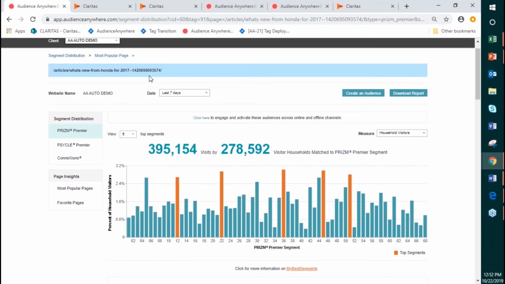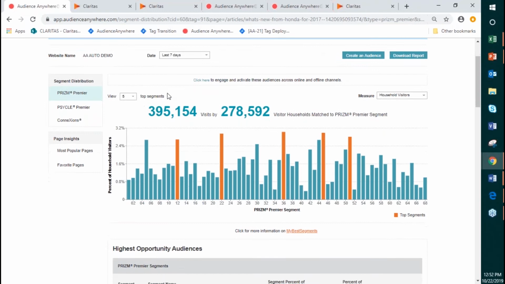So perhaps you only placed it on a few pages where you are currently running ads that drive people to these pages, and you want to better understand the Claritas segments that came to those specific pages. Up top, we have the breadcrumbs saying that you're in the popular page view, and the highlighted bar here tells you which specific page you're on. From within this, you can